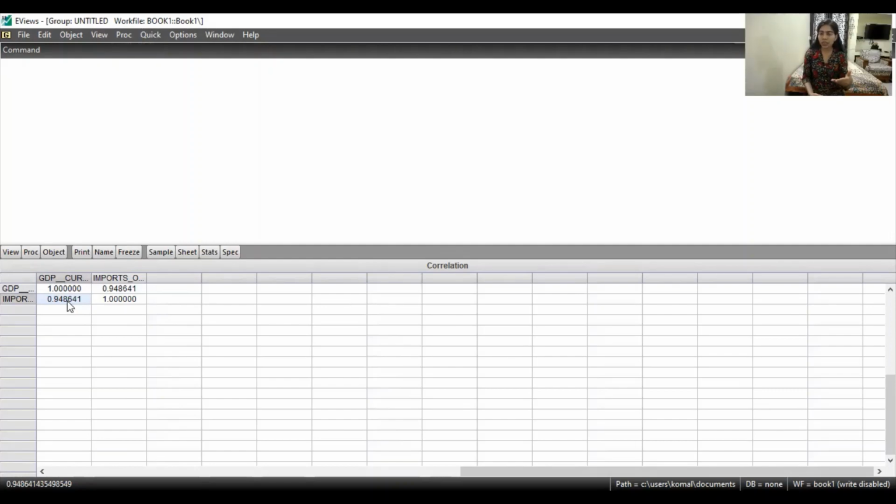So if GDP increases, imports of goods and services will also increase as indicated by this correlation value. And if one of the variables decreases, the other variable will also decrease. So this is how you can find out the correlation between two variables using eViews.